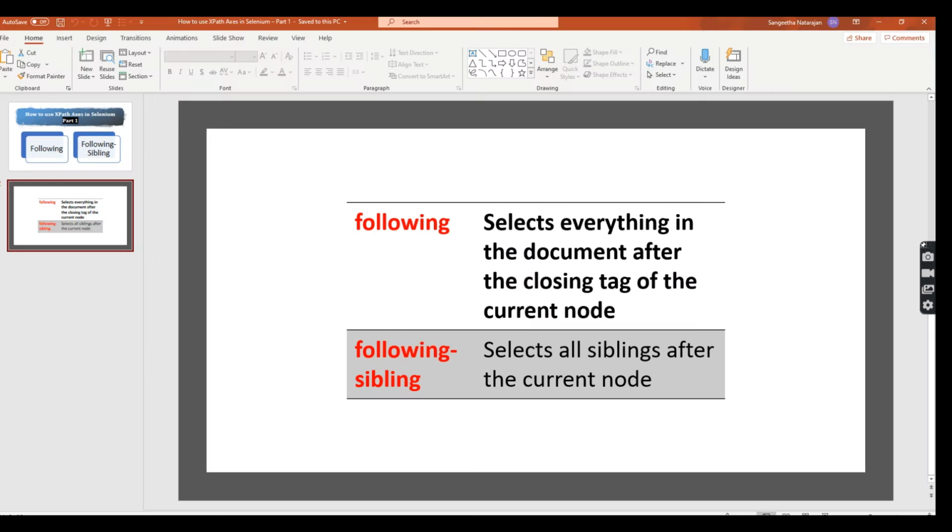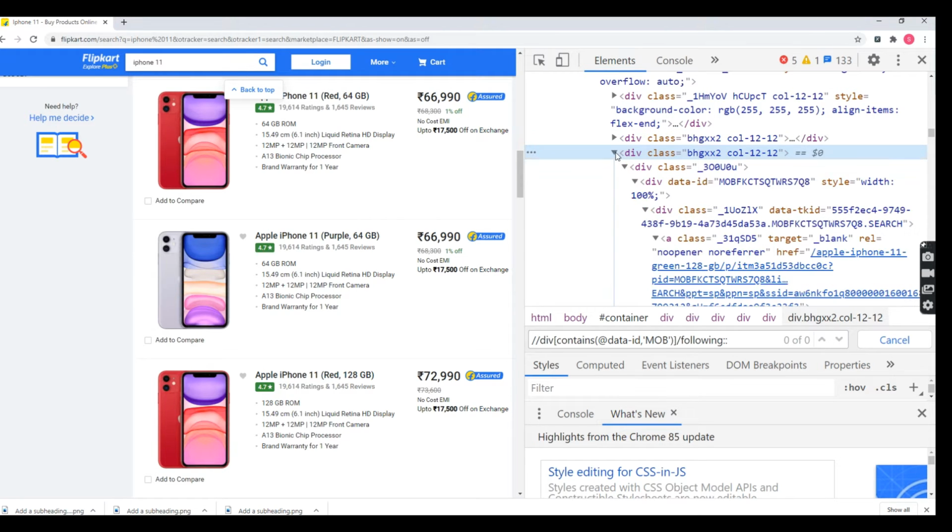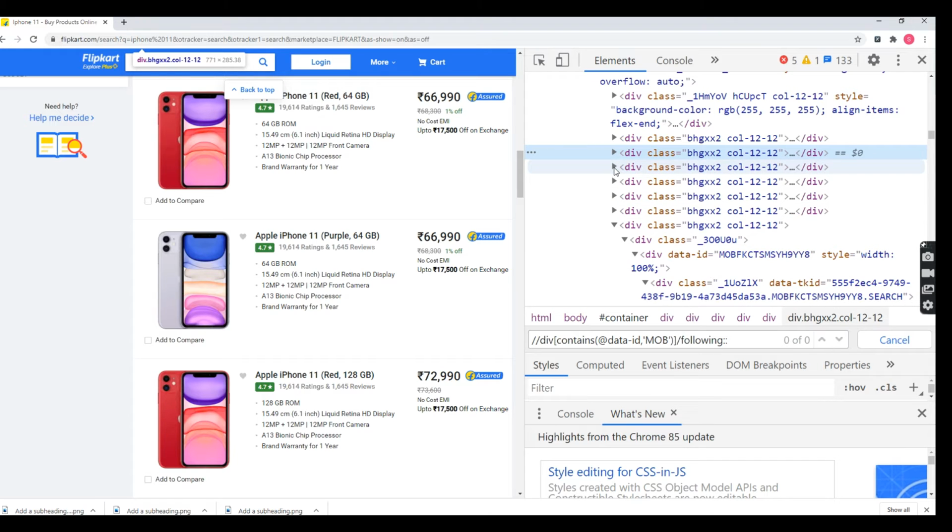So in that case, I'm going to choose following, which selects everything in the document after the closing tag of the current node, obviously. So this is the closing. This is one separate div, this is one separate div, this is a separate div. After closing a specific node, again I'm going to look into another node. That is the reason I'm using following.